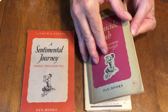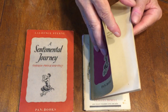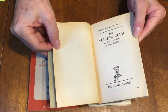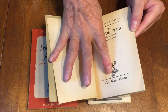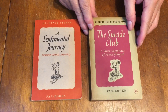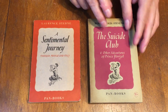So while these books may not be earth-shaking as far as the cover art, they are very, very scarce collectibles. These are the earliest Pan books Limited, and these are the earliest books in that series before the numbered books came out. So the Suicide Club, and then